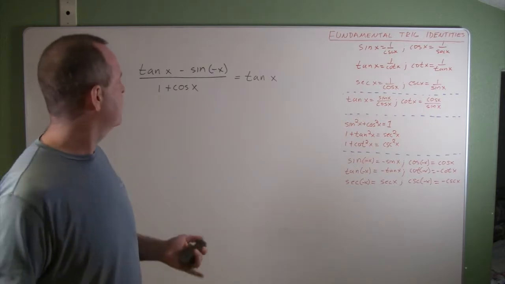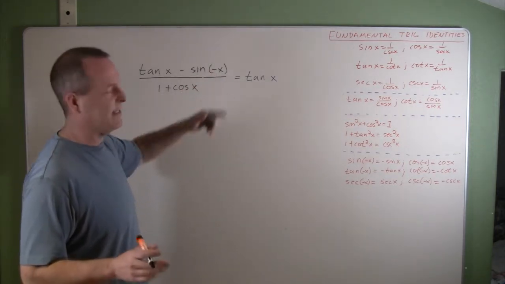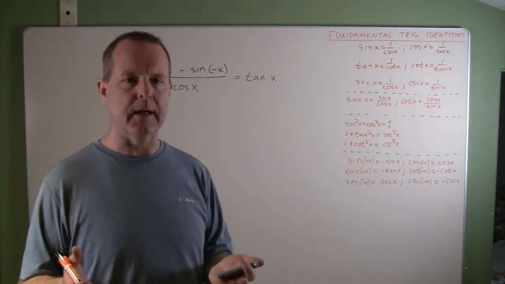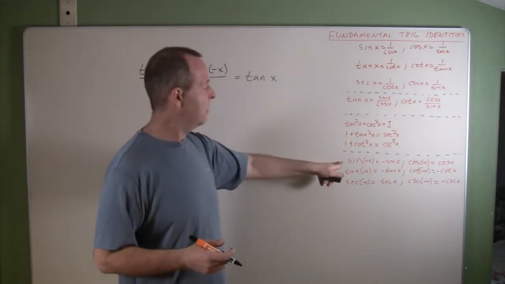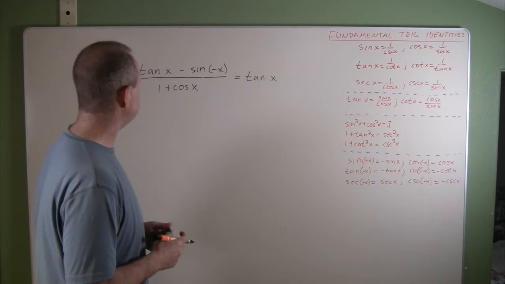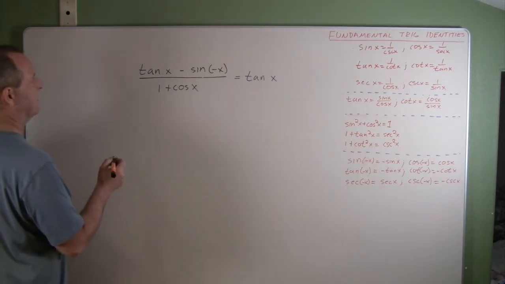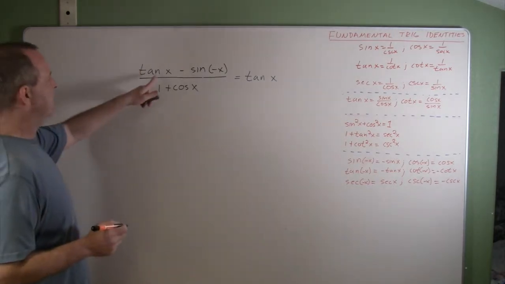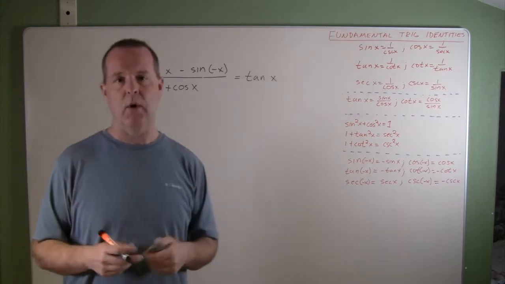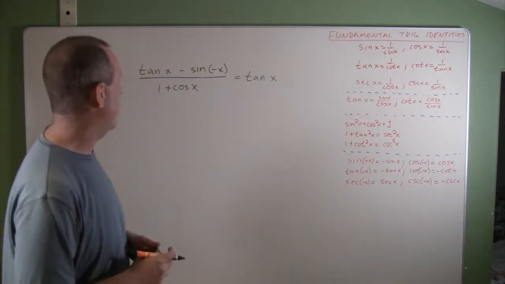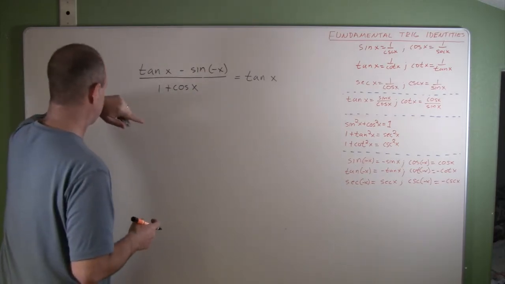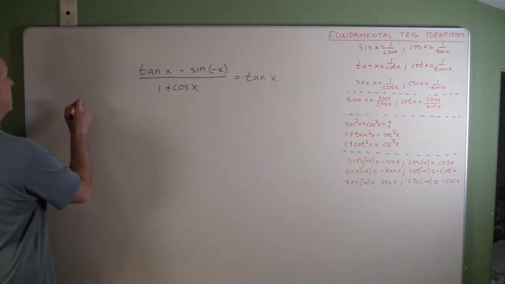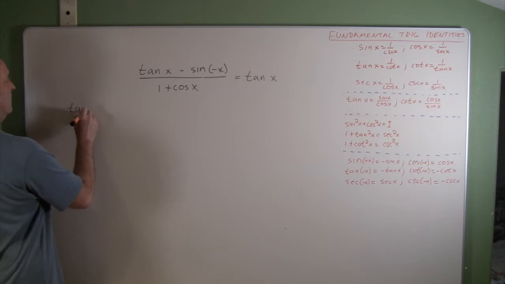First thing I notice I have over here, I have the sine of minus x. First time we've seen that, so maybe this is an opportunity for us to remember some of our even odd functions. So let's go ahead and work with that. And the tangent of x, I want to change those to my sines and cosines as well. So let's rewrite both this expression and this expression. Well, now let's just do one at a time first. So tangent of x